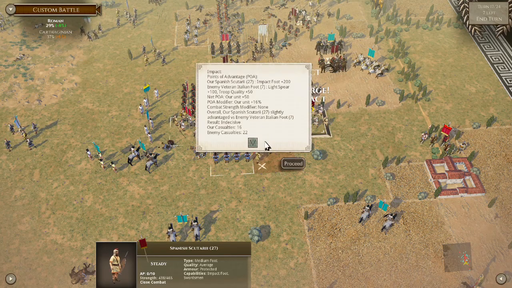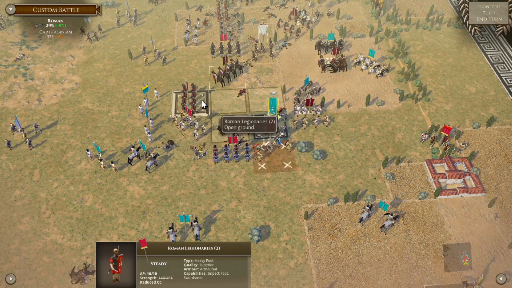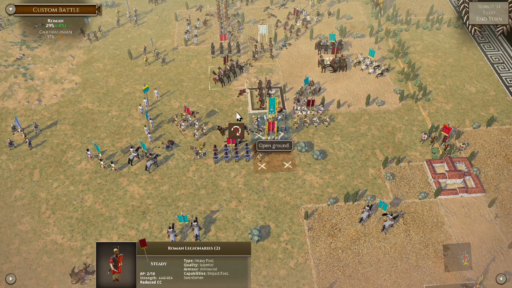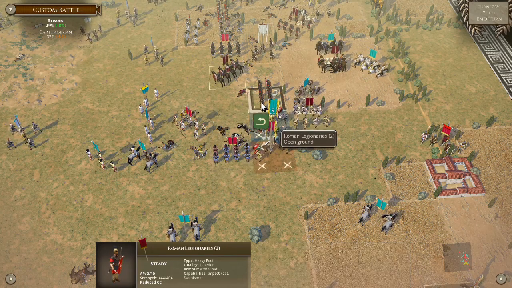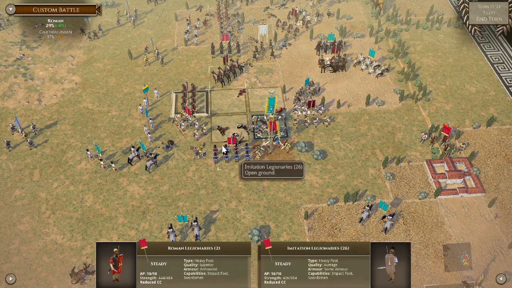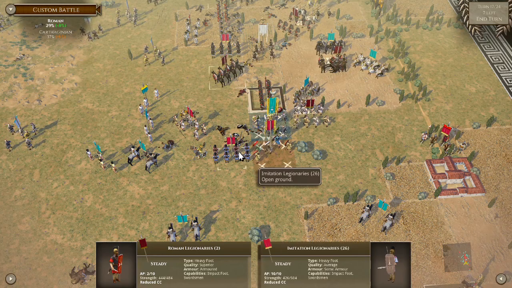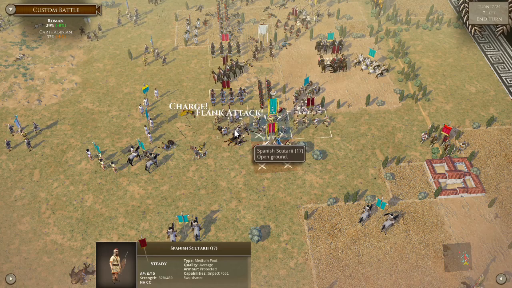Right, club them over the head as planned. I think to make sure, because that's a tough unit, I will move the Roman legionaries through. That's the rough ground and the fact that, but that's going to apply whichever units I move. So move these guys forward. These guys are just going to have to take the long way, and we move in for the kill against